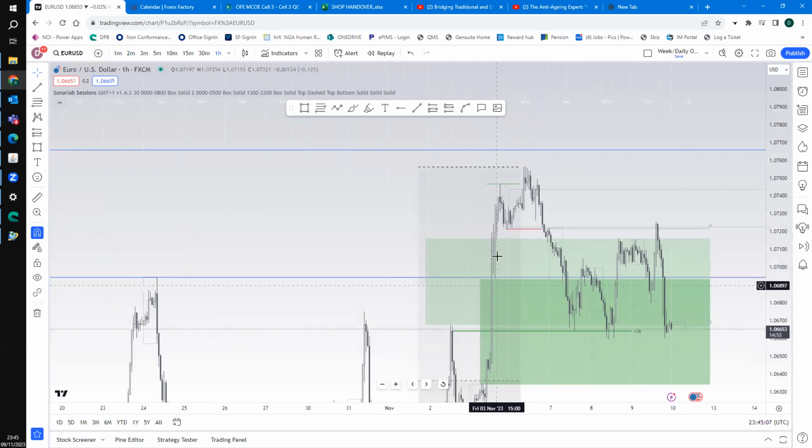So we're up in the fair value gap for the monthly. This is where we closed. We ran up to there, we came down and we closed. We opened up on Sunday evening. We then ran up here. We broke down, and in actual fact,